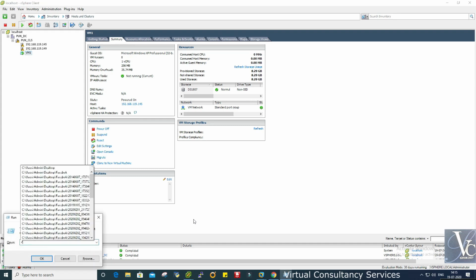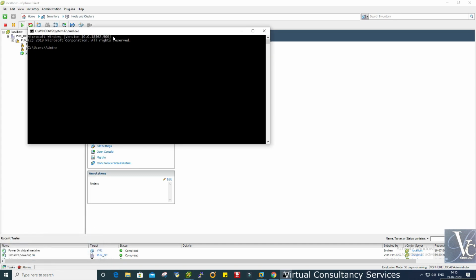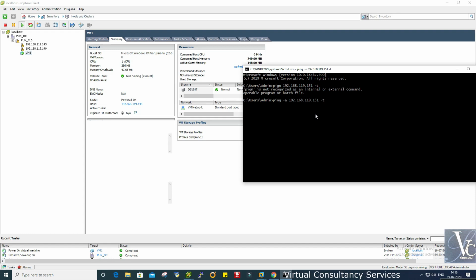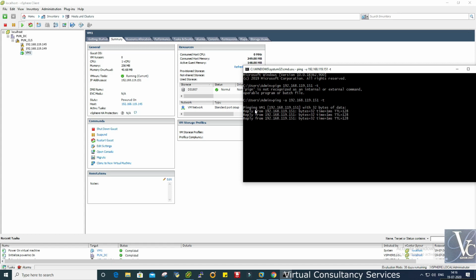I think it has the 151 IP address, so I will ping the 151 IP address here. It's supposed to show there. So it is pinging. It will ping its name.